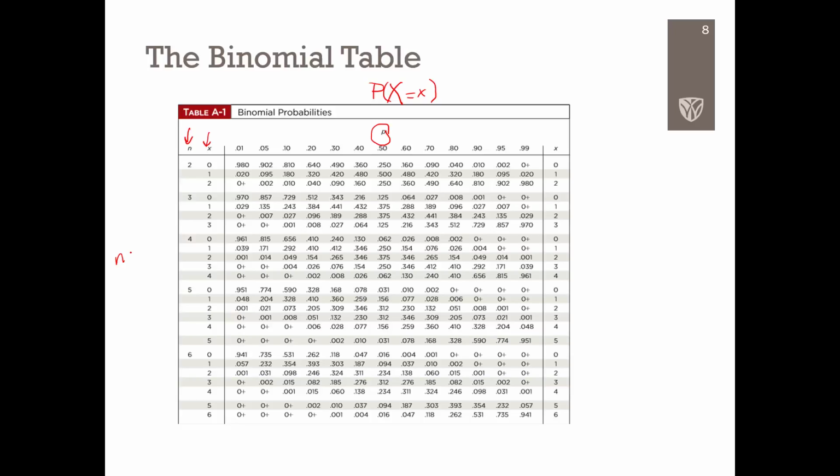So suppose we had a scenario where n is equal to 4. Then we're going to restrict ourselves to this particular section of the table where n is equal to 4. Suppose that our probability of success was 0.1, and we wanted to know, for that random variable, what's the probability that x is equal to 2, for example. We would go directly into the table. We would find our section for n equal to 4, find the column for p equal to 0.1, find that intersection where x is equal to 2, and just grab that value out of the table.